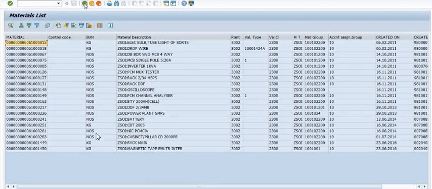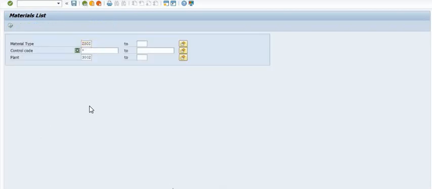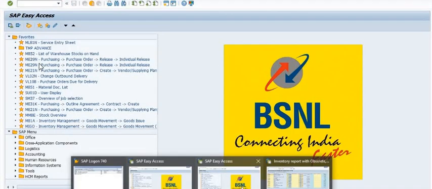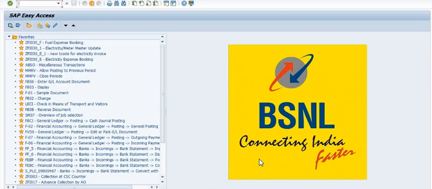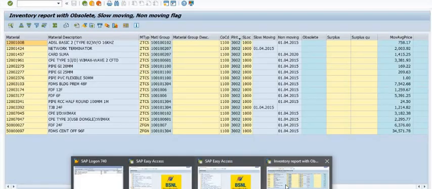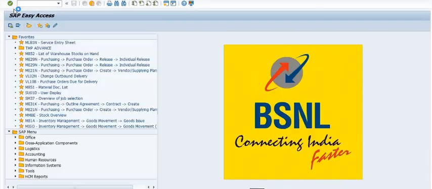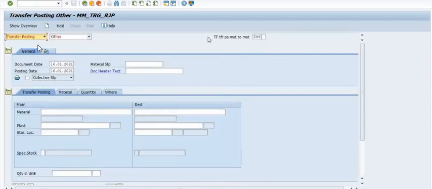ZNIC PCMIA, this is the similar card, so I'm just going to choose it. My next objective is what we have to do further. We have to execute the transaction code MIGO, transfer posting other, material to material, movement type Z09. You should have a sufficient role for movement type Z09.